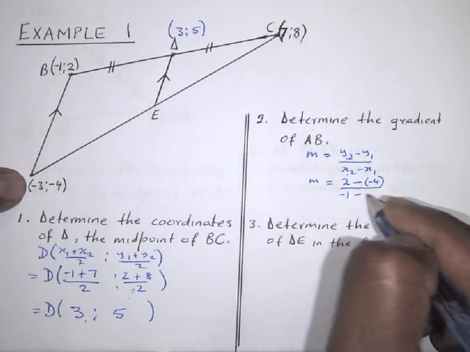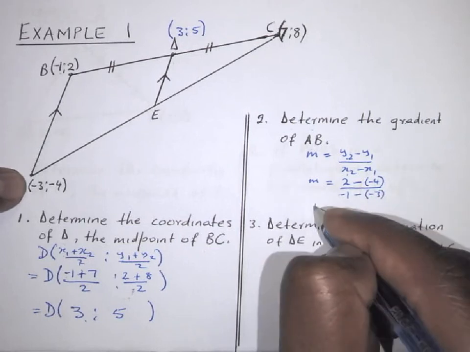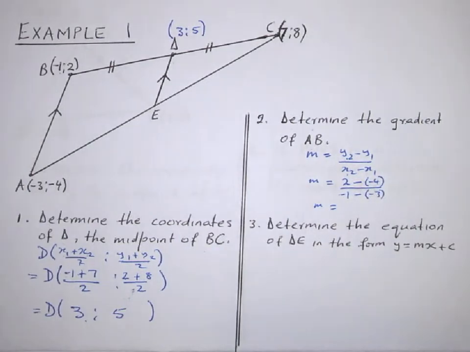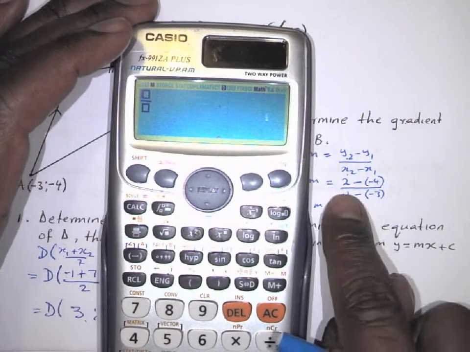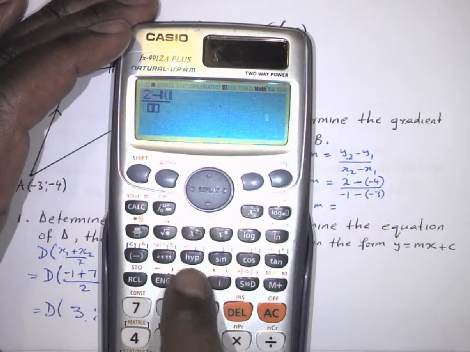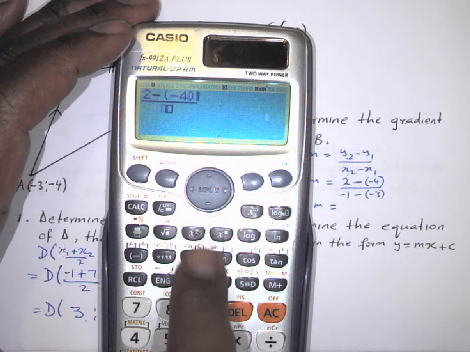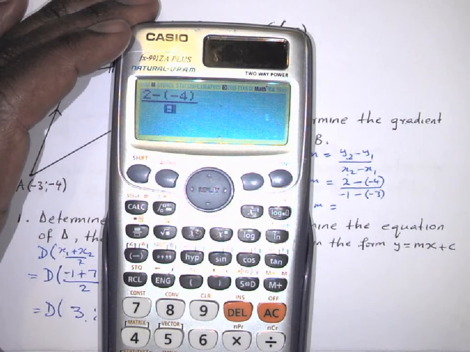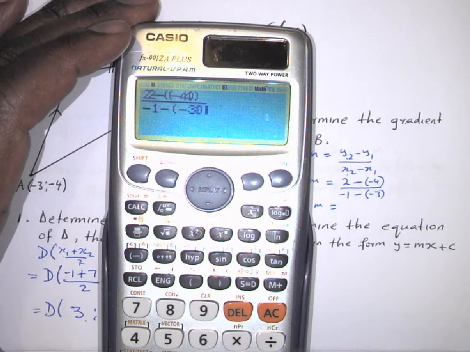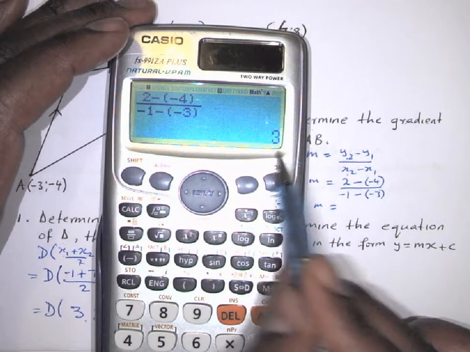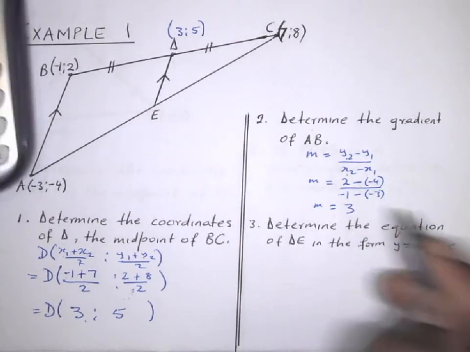I subtract the minus 3, and then m is equal to, so to make sure that I don't make a mistake, I can put this in a calculator. So there is a calculator. It's 2 minus bracket minus 4, then I close, go down there, so I've got a minus 1, subtract, open bracket, minus 3, close there, I get an answer which is 3, so my gradient there is 3. Next one,